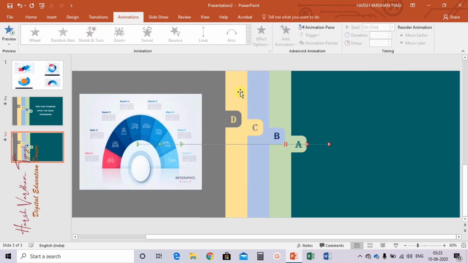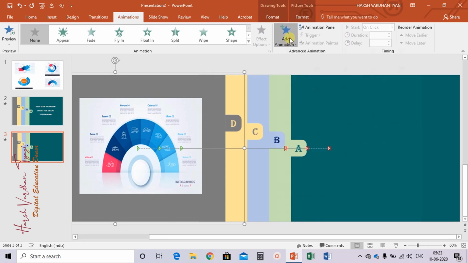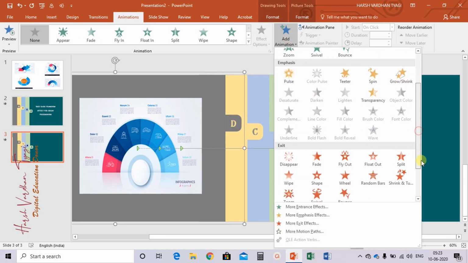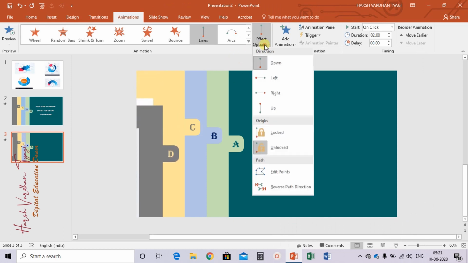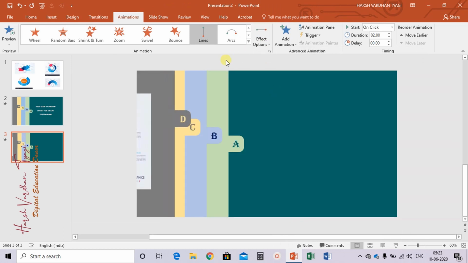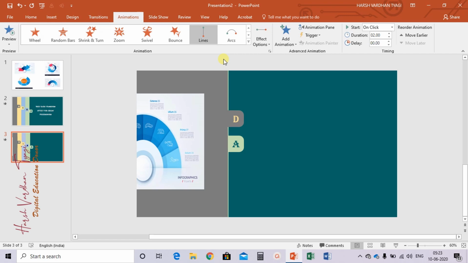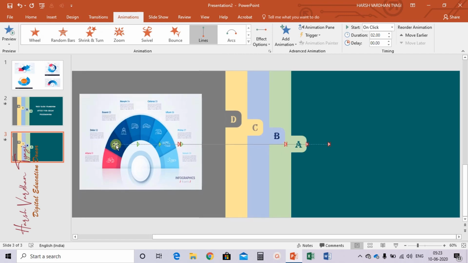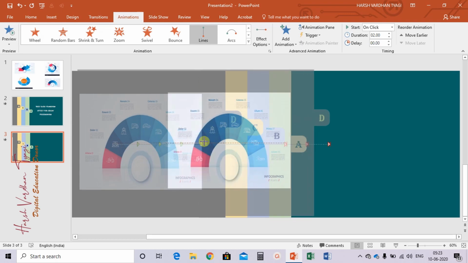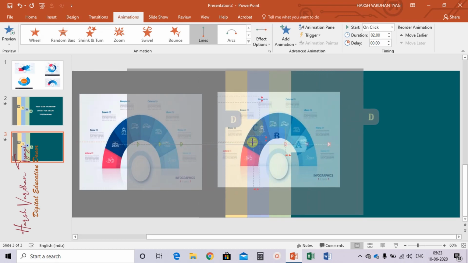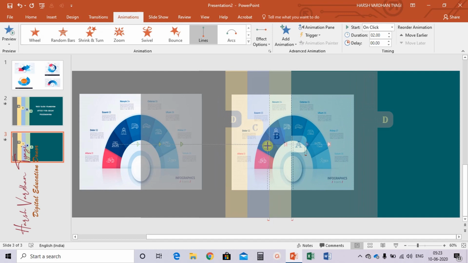Done. Now select the last one, add animation, select the line option, effect option right side, then click on this last arrow and drag it to the right. And leave it.